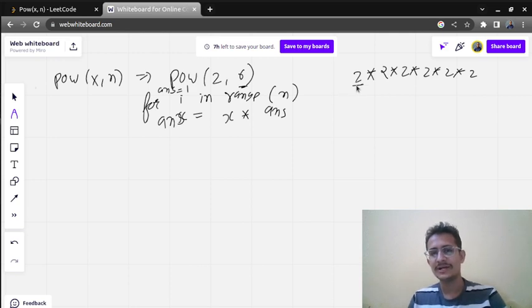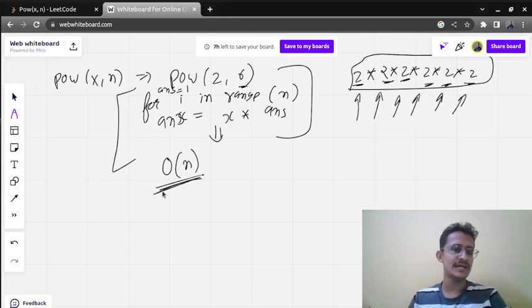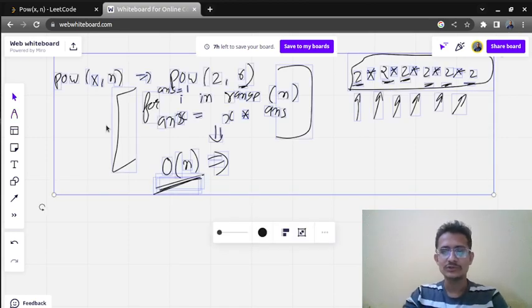So first of all, answer will become 2, second time it will become 4, then 8, then 16, then 32, and then 64. Like this we will get the solution. So this is one of the ways that we can use to find the solution. But if the numbers become big, it is going to take a lot of time. So we can see that it is order of n, because we are going to multiply the numbers n times. But if the interviewer says to try to solve in some other way or try to optimize this solution, how are we going to do this? Let us see this.